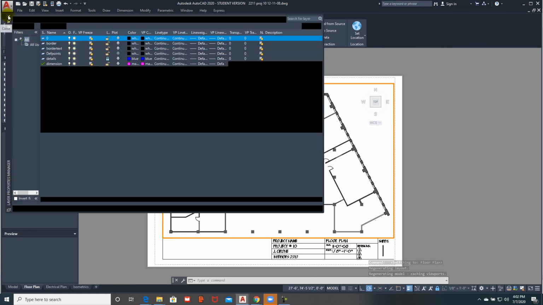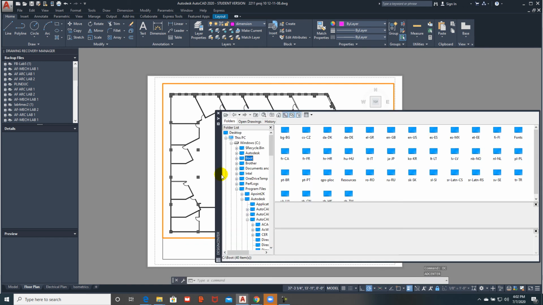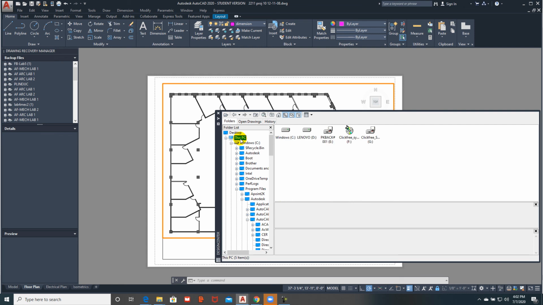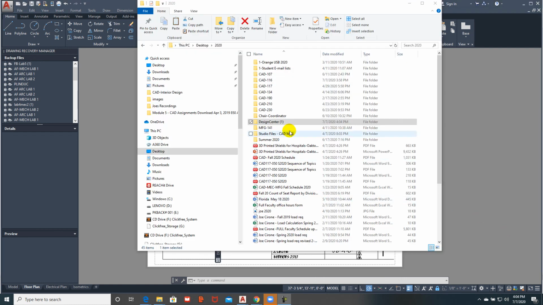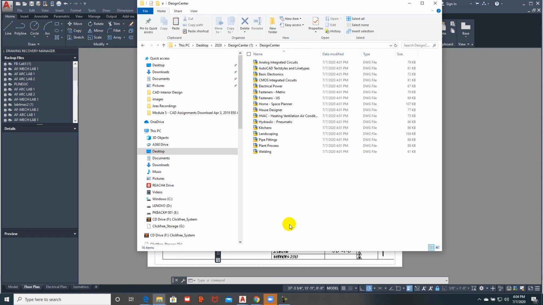I'm going to go to my Home tab, and then I'm going to say DC for Design Center, and I'm going to open the file. So if I open the Design Center file for kitchens,